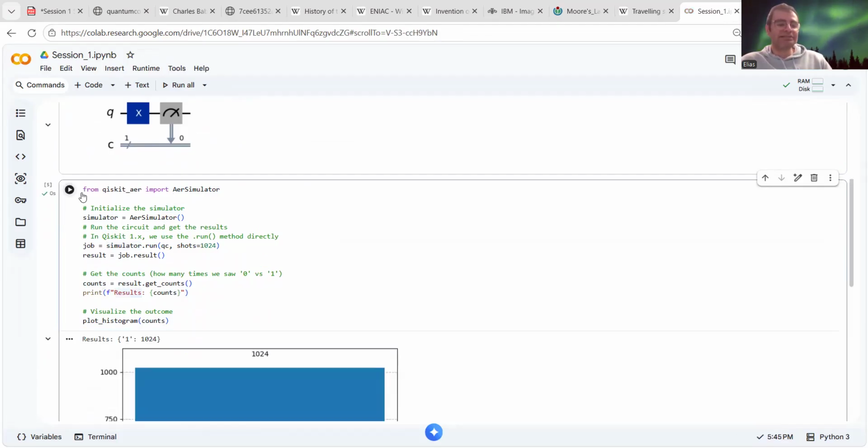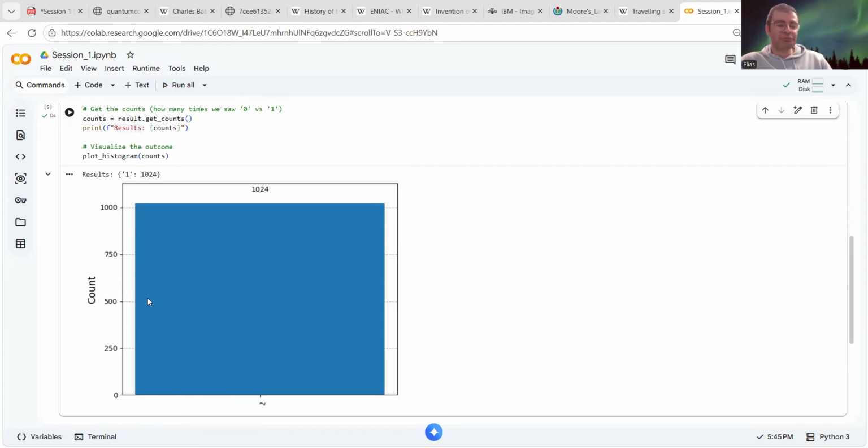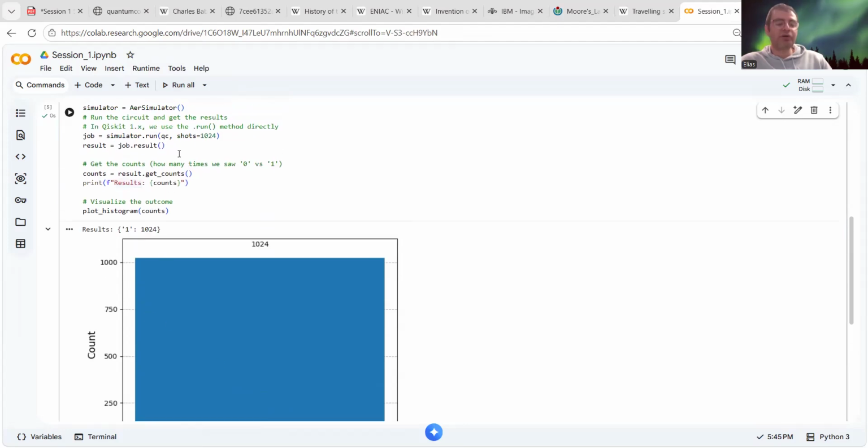So if I count the results here and plot the histogram, you see it shows that you have to run it a lot of times, because interestingly, quantum computers are non-deterministic, which means that each time you run it, sometimes you might get an error. So you have to run it a lot of times until you get the right final result. Let's say I measured it 1024 times.